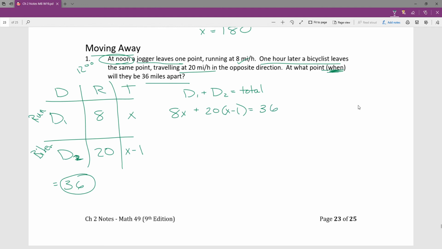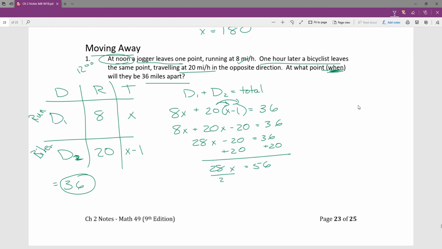Okay, so let's solve this one. We've got our equation: 8x plus 20x minus 20 equaling 36. So when I get down to what x equals, it equals 2. So that tells me that there are 2 hours for the runner to run and 1 hour for the biker to run. But it doesn't say,